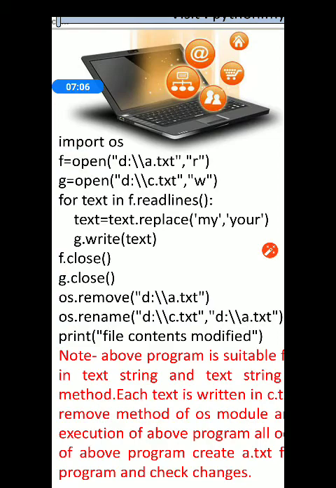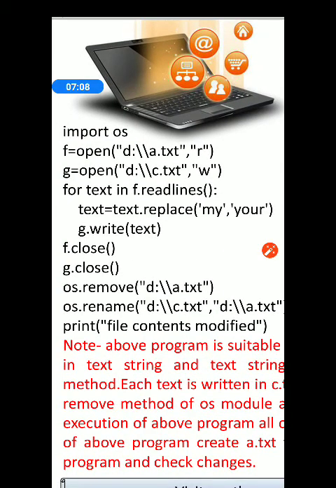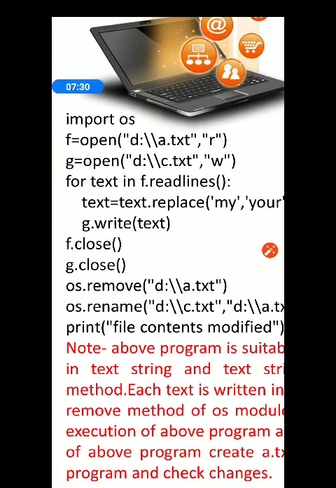And after that we are using g. The g file pointer is already open, c.txt is linked with it. So in c.txt the replaced line will be written back. So g.write, and within bracket we are writing text. वो जो replaced वाला line है वो हम वहाँ write कर रहे हैं.